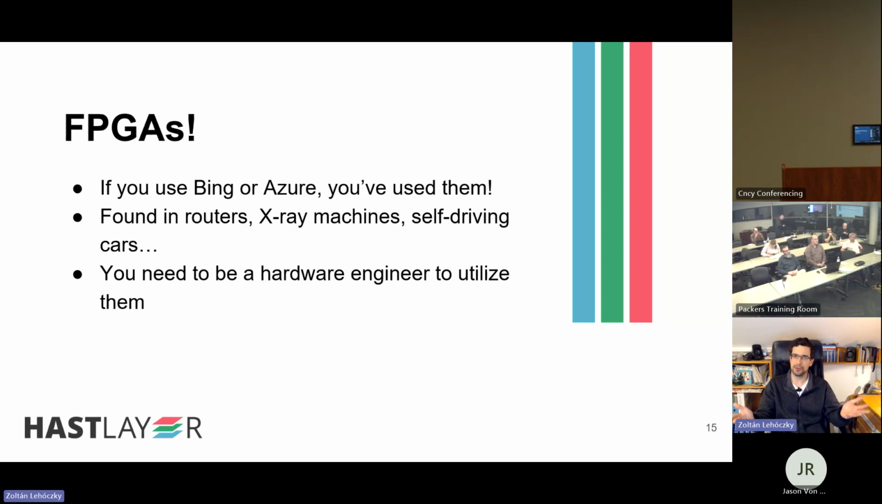For example, if you Google something on Bing, as they say, then you have used FPGAs because Bing is accelerated by FPGAs. I'm talking about the search engine, not the large language model, which was at one point called New Bing, I believe, and now it's just Copilot. Or if you are using Azure, the networking in Azure is accelerated by FPGAs too. But FPGAs are sometimes also found in household appliances like routers, or less household appliances like X-ray machines, MRI machines,